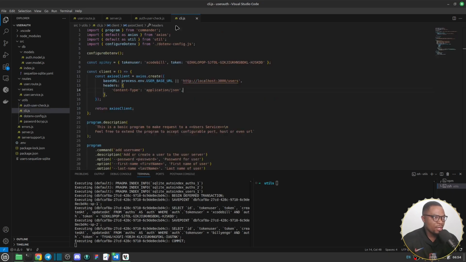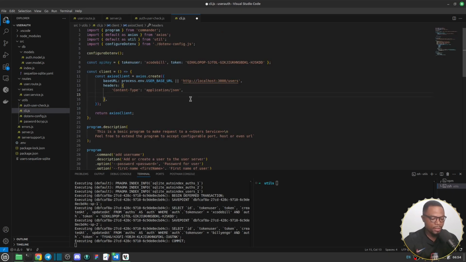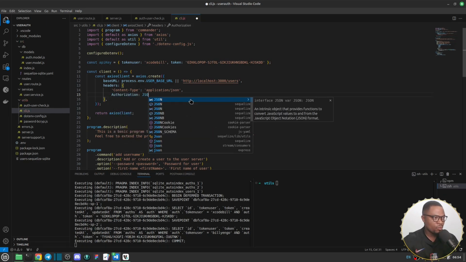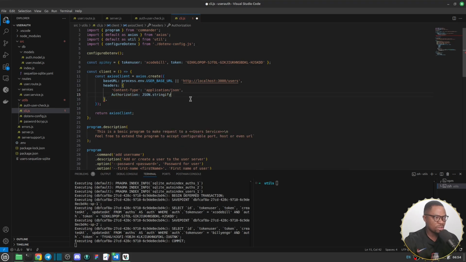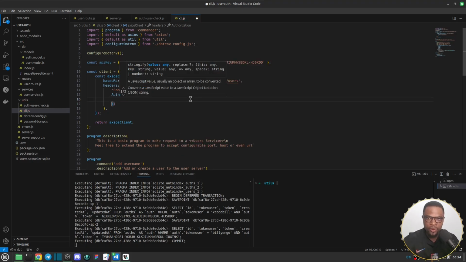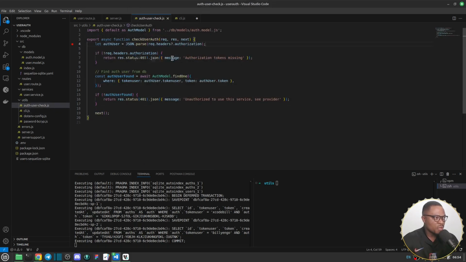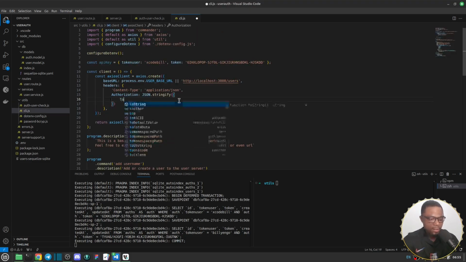So we're going to go ahead into a CLI and we're going to pass that in. So we're going to say authorization, and we will say we want a JSON.stringify. We're going to pass an object, and in here we're looking for things like the token user and the token itself. So let's go ahead and say token user is going to come from